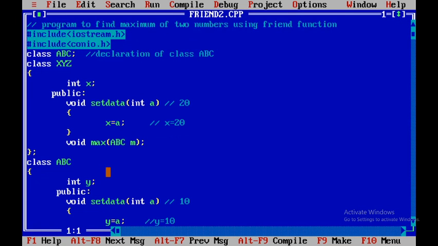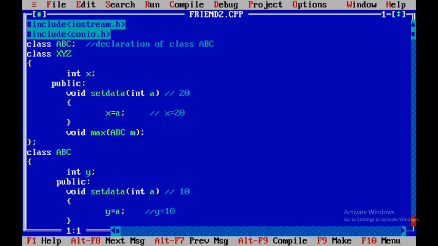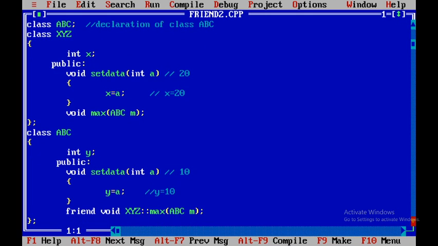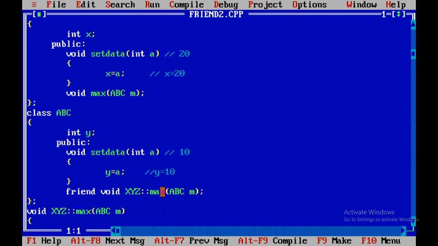What we have done is seen the same output using two classes again, where now max is a member function of xyz, which is a friend function of abc. As max is a member, xyz scope resolution is added here, and in the definition of max also xyz scope resolution is added. As it is a member of xyz, a single parameter of abc is sufficient.